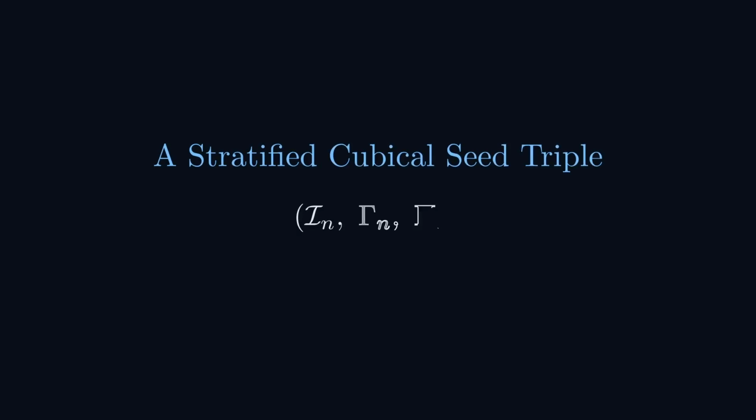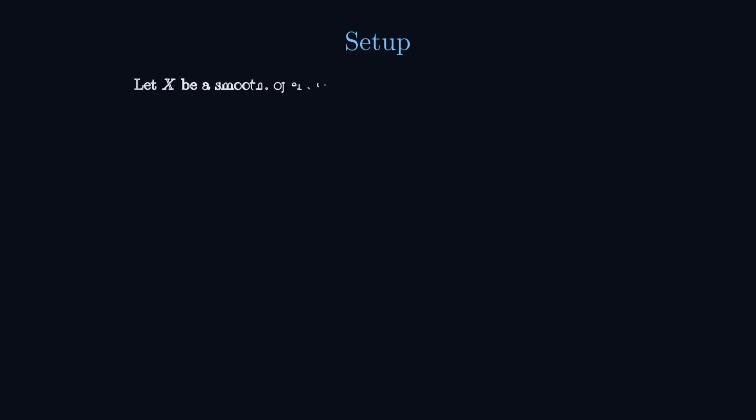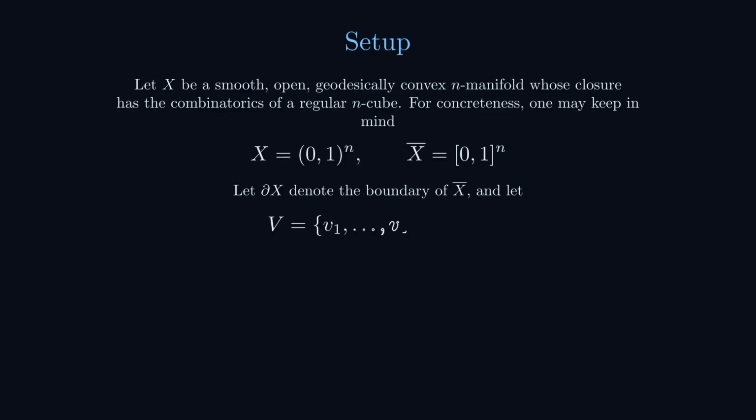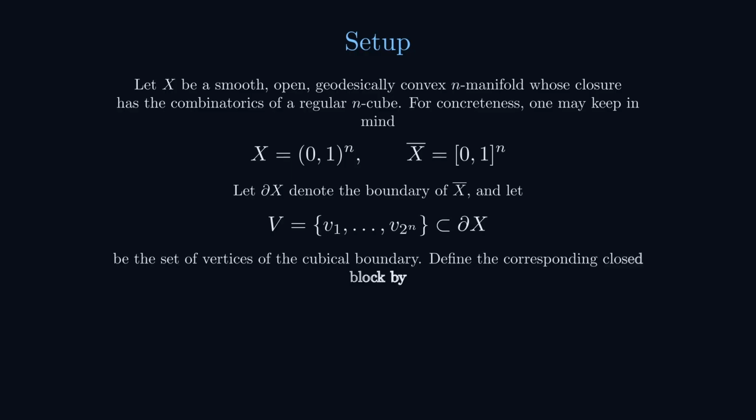All right, welcome back. Today we're going to look at a stratified cubical seed triple and its dimensional tower. So for the setup, let X be a smooth, open, geodesically convex n-manifold whose closure has the combinatorics of a regular n-cube. Keep in mind the following,